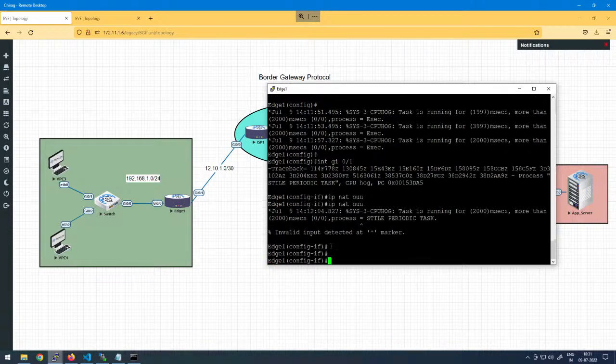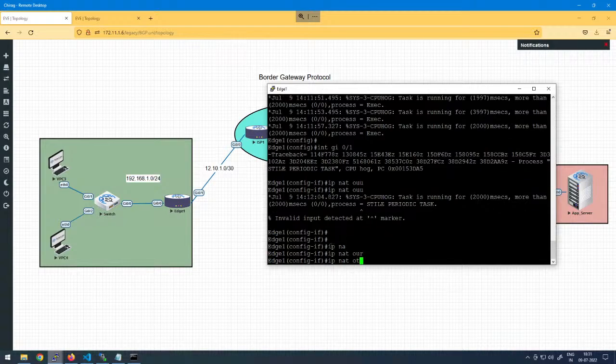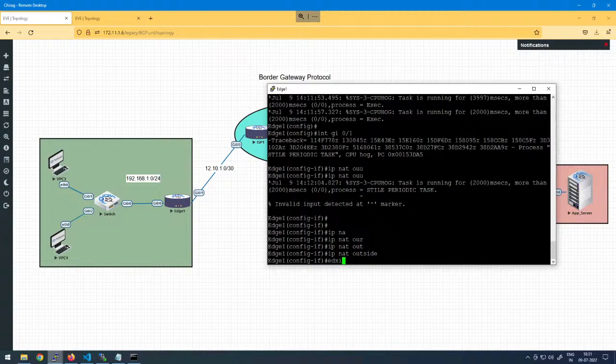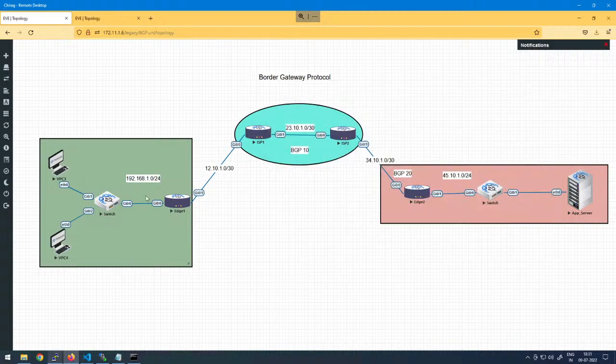There are some logs coming up because of incomplete configuration, so IP NAT outside there. After this, we can expect that my private network will be translated to the public network. Now I have basically configured my edge router 1 completely with the NAT configurations as well as with the default